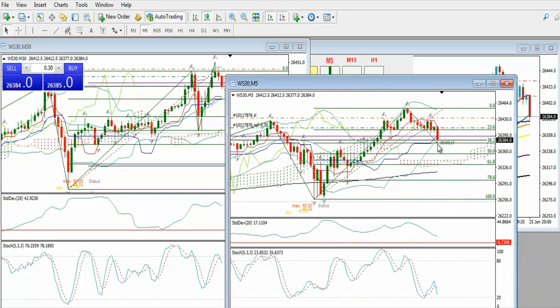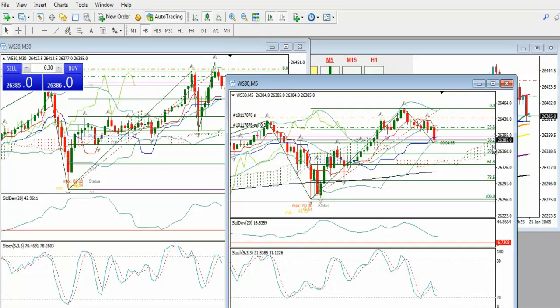I'm thinking about now we have touched the 38.2 retracement of this movement right here. I think about closing my trades at about 50 or 61.8. I now see the 38.2 as a resistance. If this breaks, I'm going for 50%. If this breaks, I'm going for 61.8. But